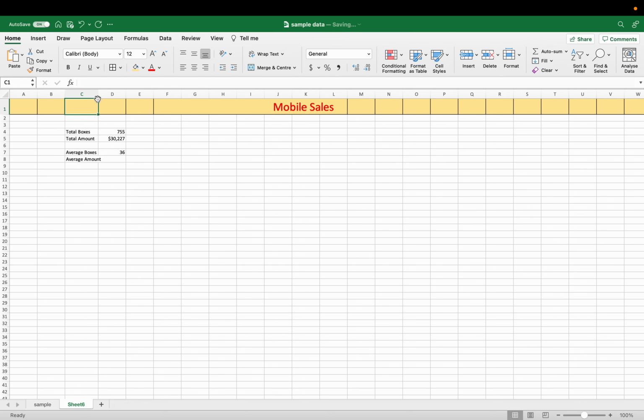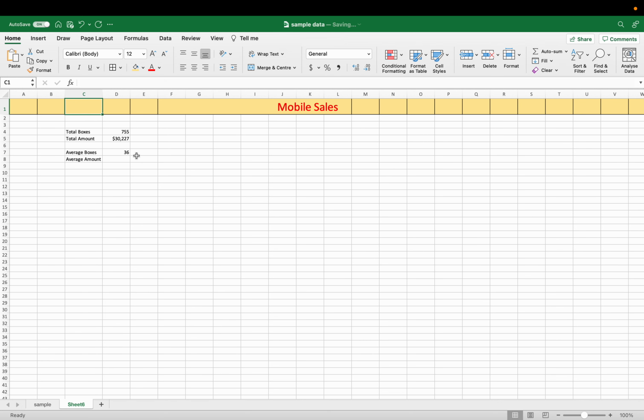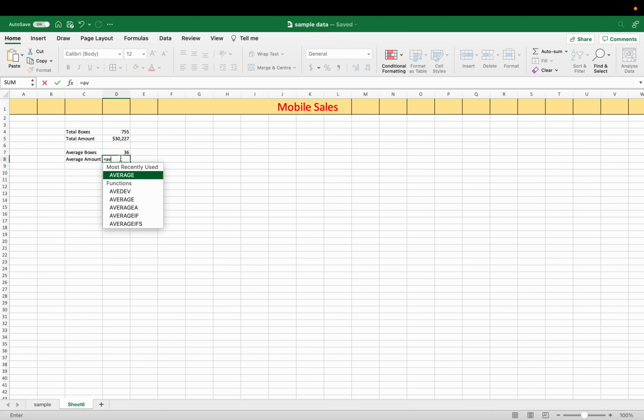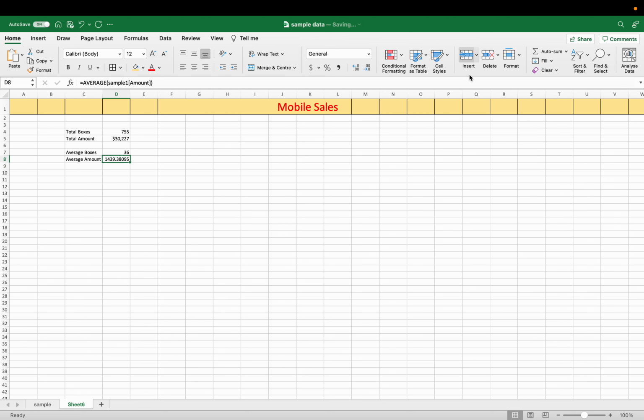I'll give it a little bit of space, and over here, type AVERAGE, sample1 and Amount, close it down. I can see this was the average amount of dollars that we generated from a single customer, and we'll do the same for this one. We'll change that to